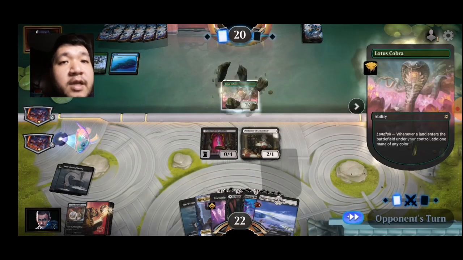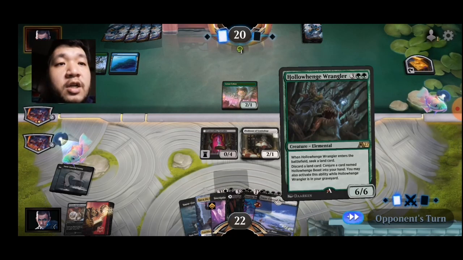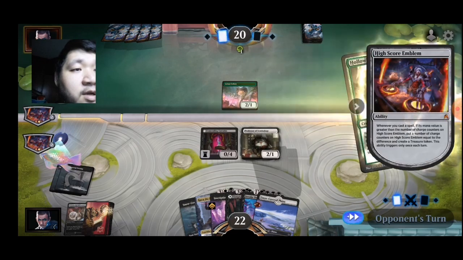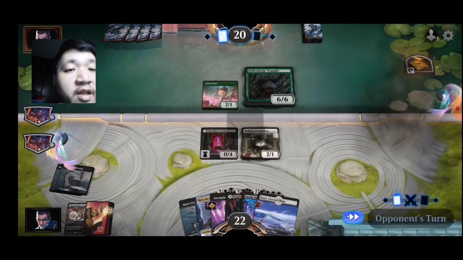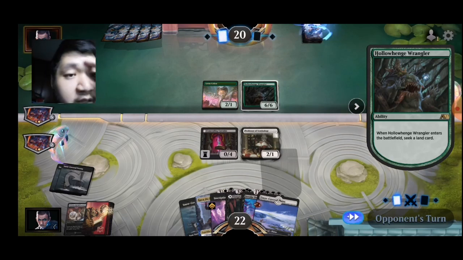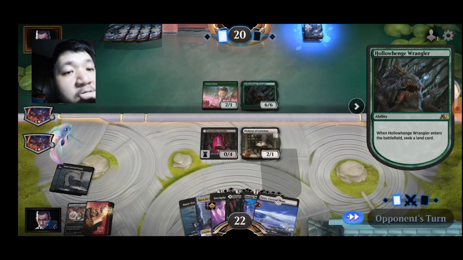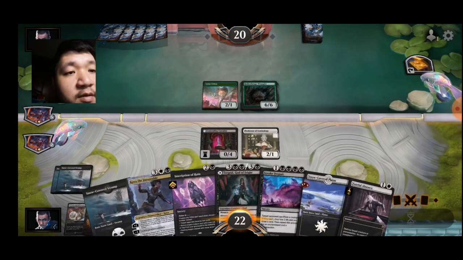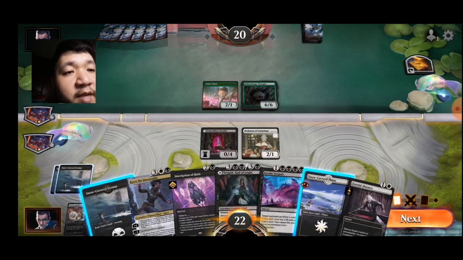Opponent is playing 2-color. Hollow Henge Wrangler. It's going to be a pain, because our opponent's going to have an infinite number of Hollow Henge Wranglers. We will need to force an exile of this. I probably would love to cast Terragrid first if I can have the choice. Yeah, I would love the Fateful Absence also, but...